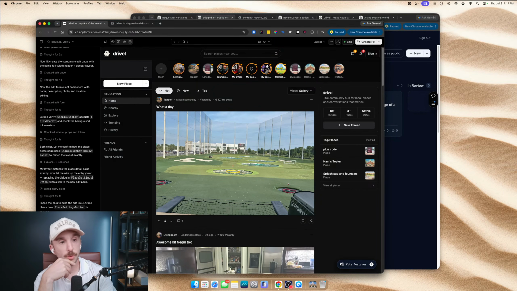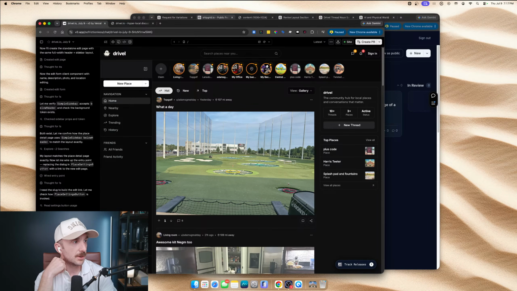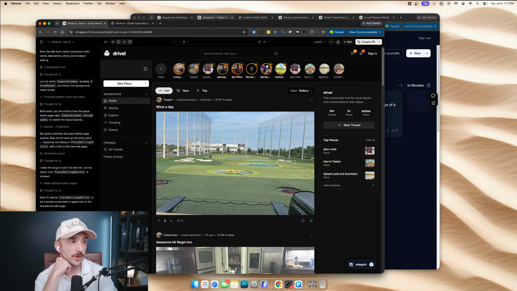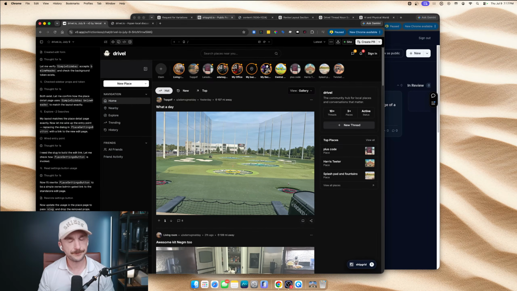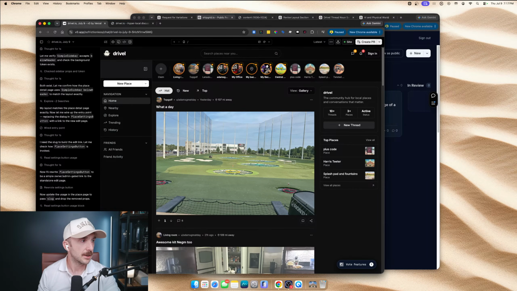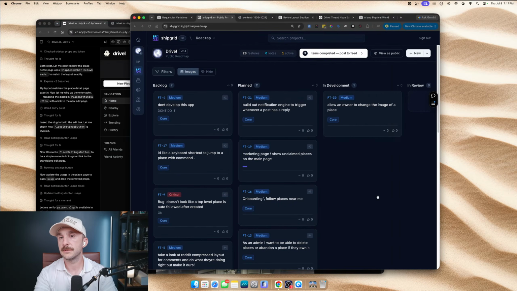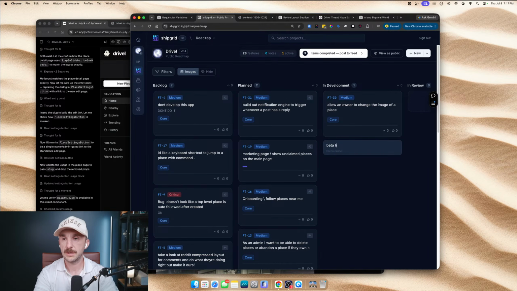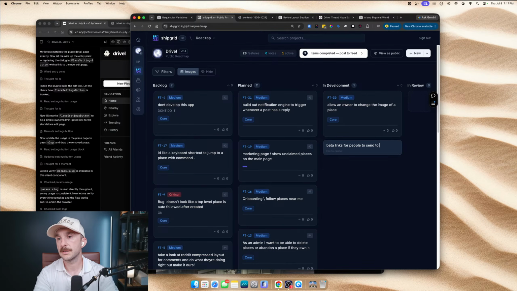I was playing around with this on mobile, and I have to say, it feels legitimate. When you have it in your hand, it feels like it's a real thing. Of course, I'm the only one on it right now, so I'll probably get a couple of my friends to start playing around with it, just adding bullshit type of stuff so I can improve. Pretty soon, I think I'll probably send out some beta links for folks. I think we're going to do that right now. That's not a bad idea. So maybe we'll do beta links for people to send to friends.